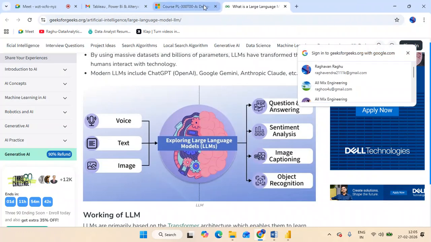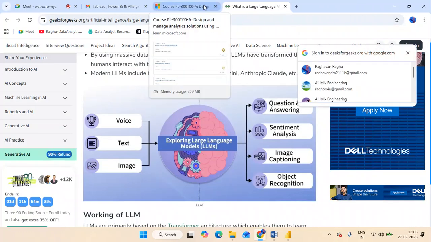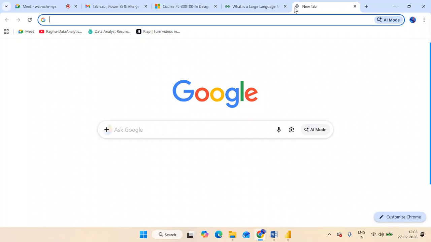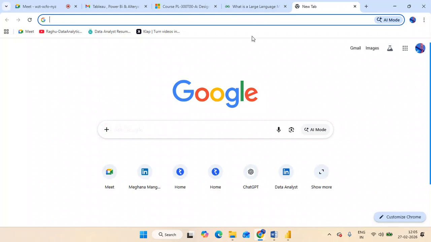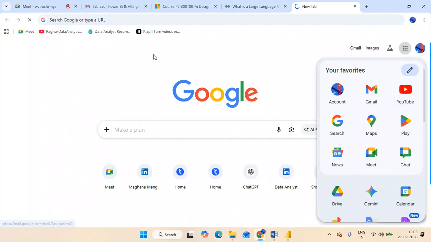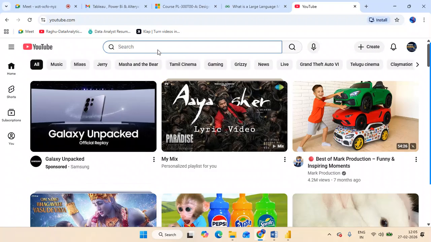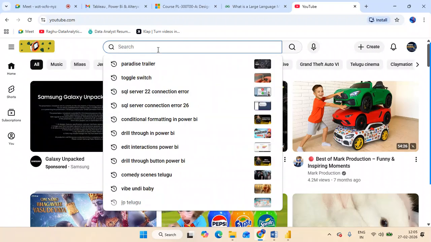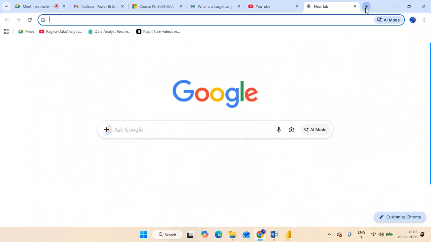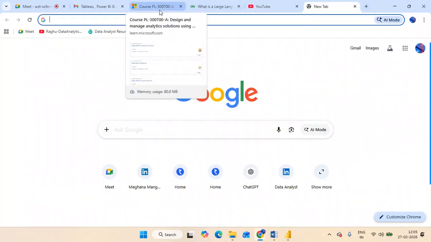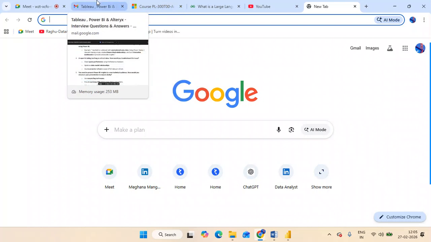Even if you are not a person who reads much, or you are not interested in reading, you can just go to YouTube, paste whatever comes to your mind, and search for it. Everything is available, everything is free, and you can use ChatGPT or Copilot or everything. Many sources are available, you can use them.